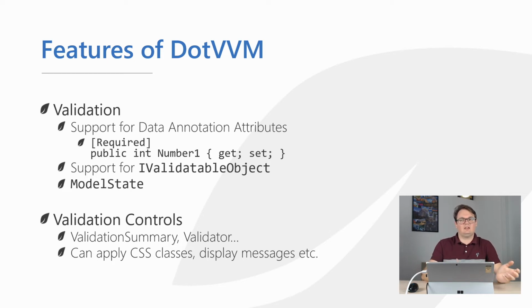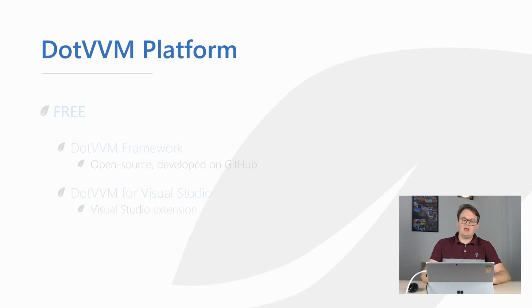We can dynamically attach and detach these classes based on the current validation state. We can also display the error messages, set tooltips and things like that. And .vvm